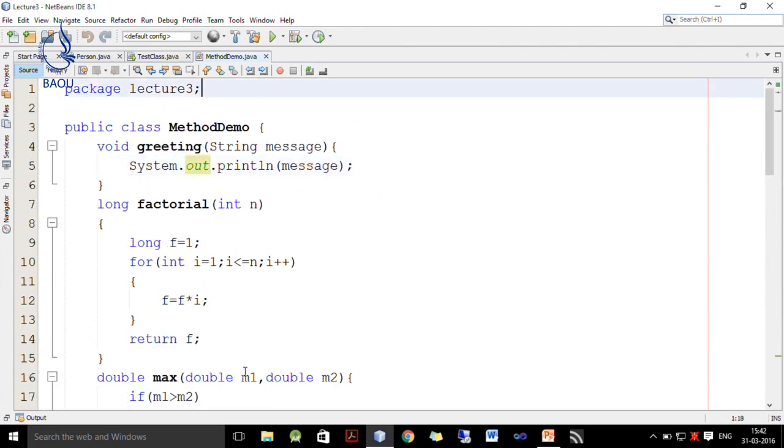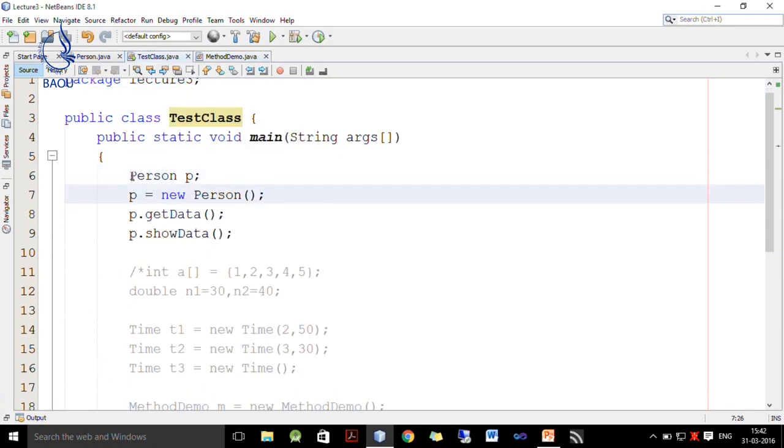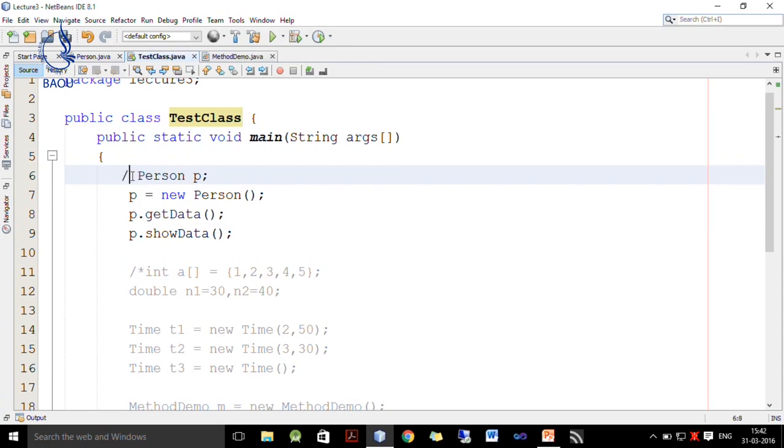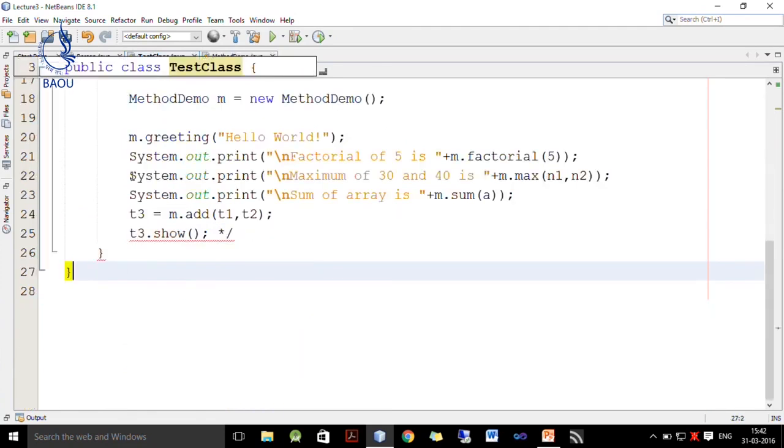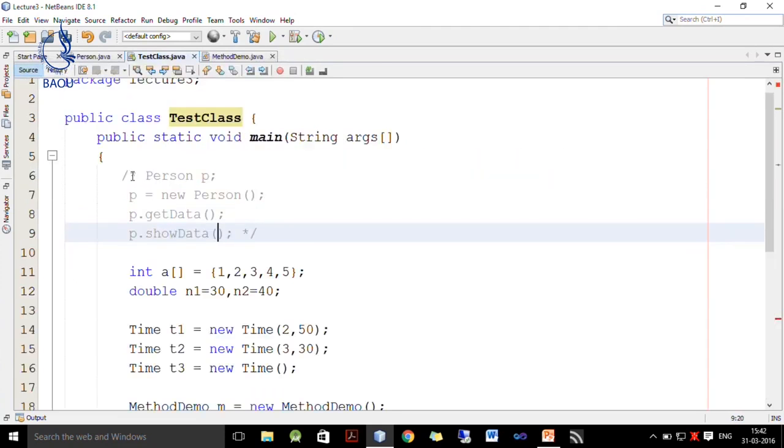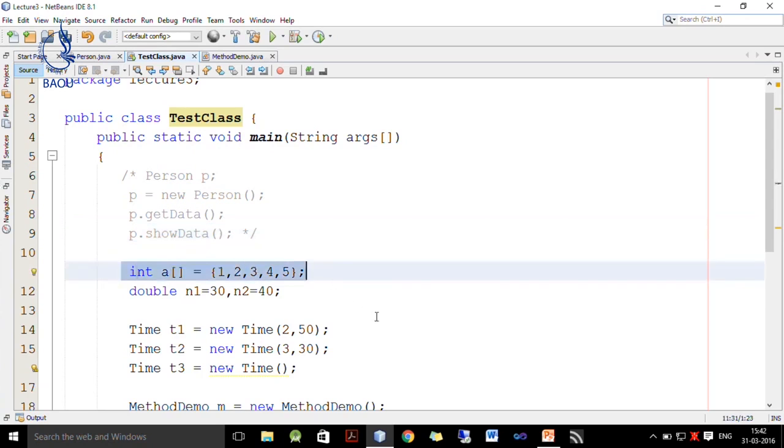Now, we want to test this method inside our test class. So, we go to the test class. Now, I comment out this person class and uncomment these. So, here we want to find the sum of these elements.